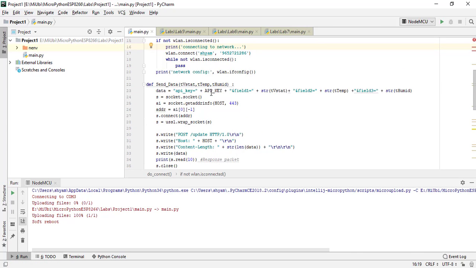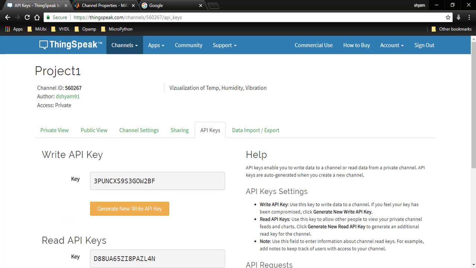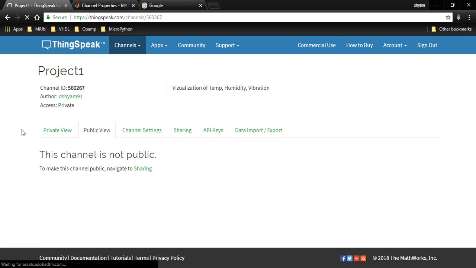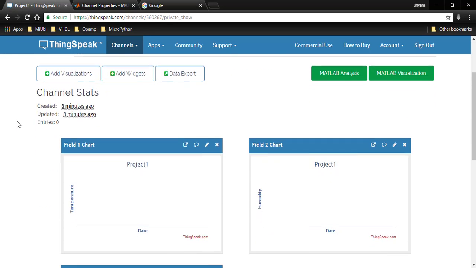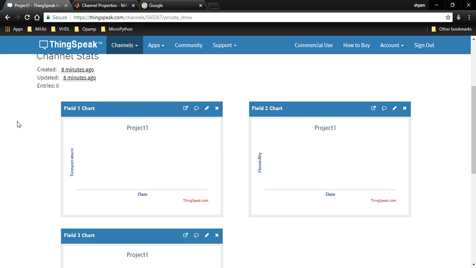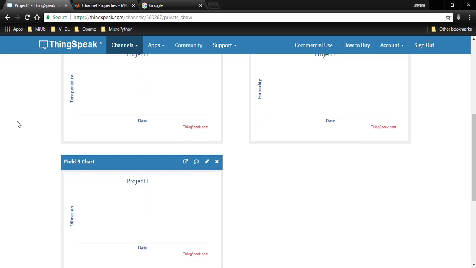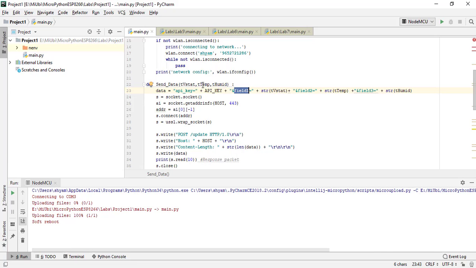Now we will concatenate that API key to this string, and field 1 is your vibration data. Let me see what I have put for field 1. In the private view, field 1 I have put temperature, field 2 is humidity, and field 3 is vibration. So I have to change that.